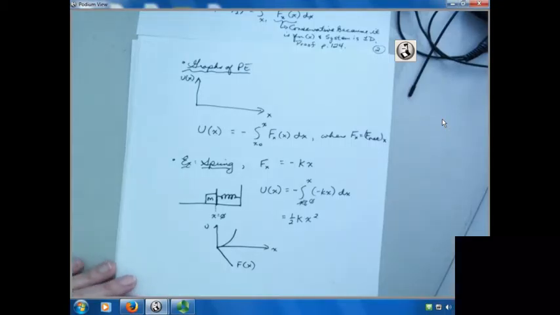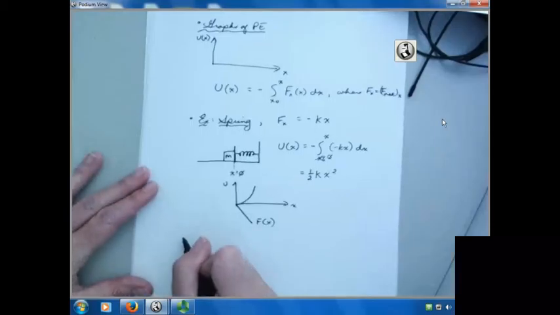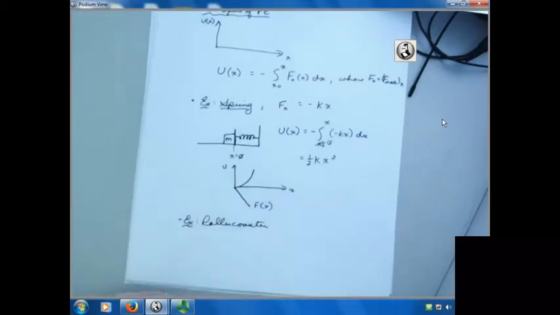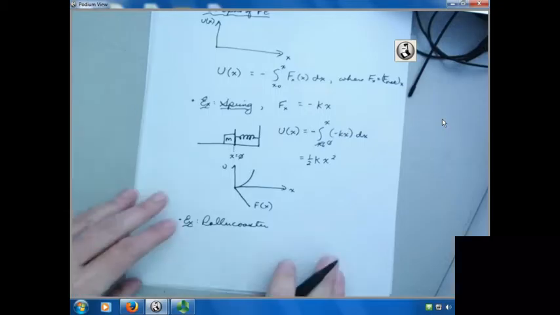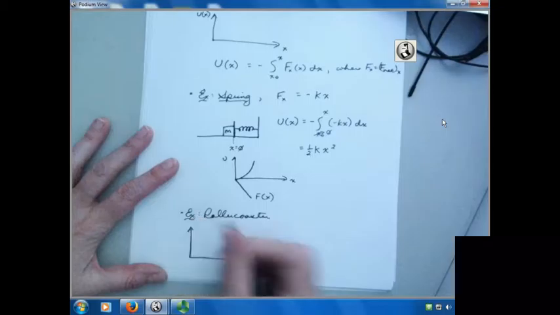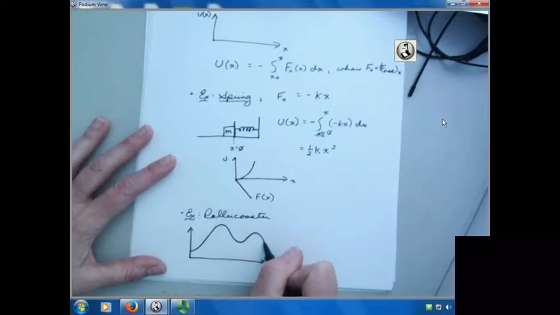Another example that is useful is the roller coaster. Because the roller coaster is the first example of a system that is a one-dimensional mathematical system, but it is indeed physically a two-dimensional system. So here I have a drawing from the side of a roller coaster track. I'll use the same thing as your author. Something like that. Okay.